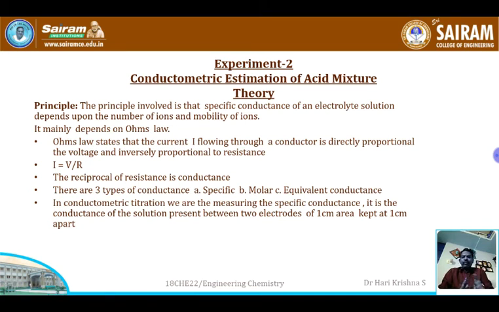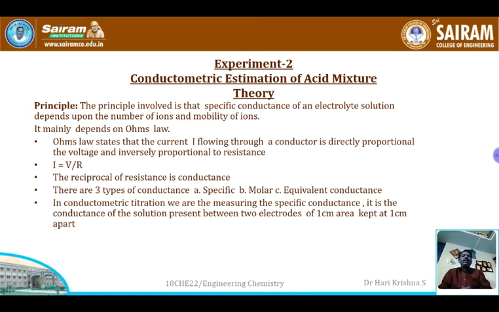Conductance is directly proportional to the mobility of ion. That is the first thing. Second thing is, conductance is directly proportional to the concentration of higher mobile ion. Even though you have 1000 ions, conductance will always depend upon the concentration of higher mobile ion. If the concentration of higher mobile ion is high, then conductance will be high. And if the concentration of higher mobile ion is low, then conductance is low. So these three things are very, very important when we